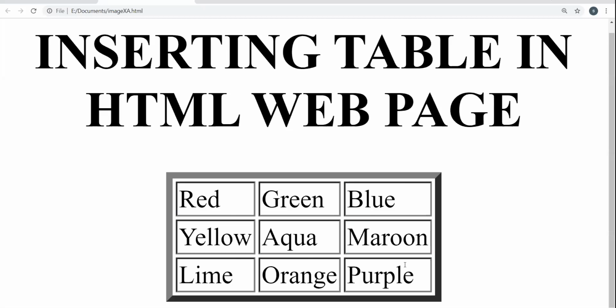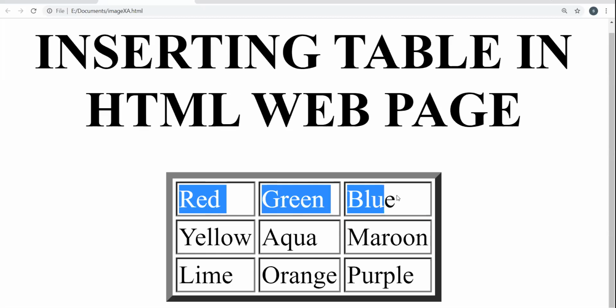But remember one thing very, very clearly. While creating the coding, you have to move row wise. Red, green, blue. Don't write the coding in this way: red, yellow, lime. Move in a horizontal way, not vertical way. The line which I have shaded just now in front of you, try to consider the movement.